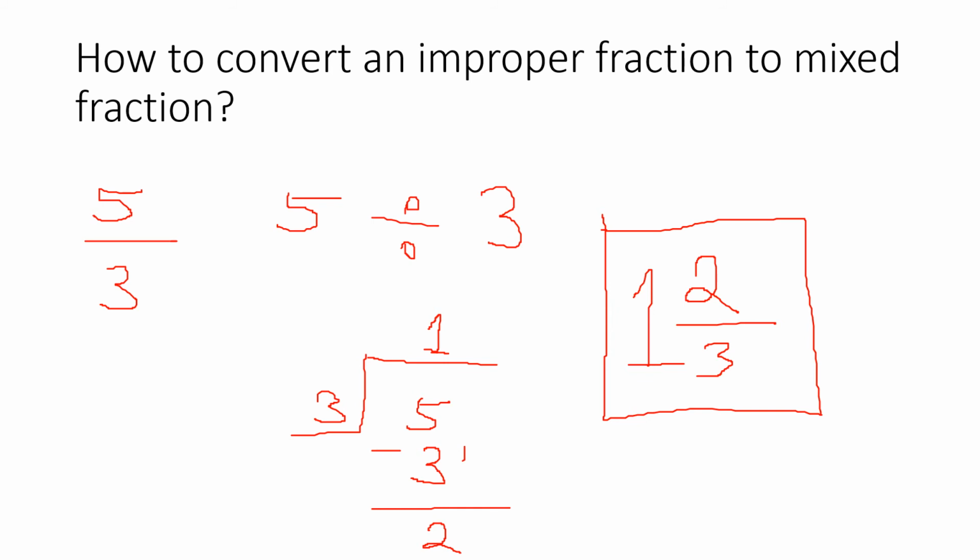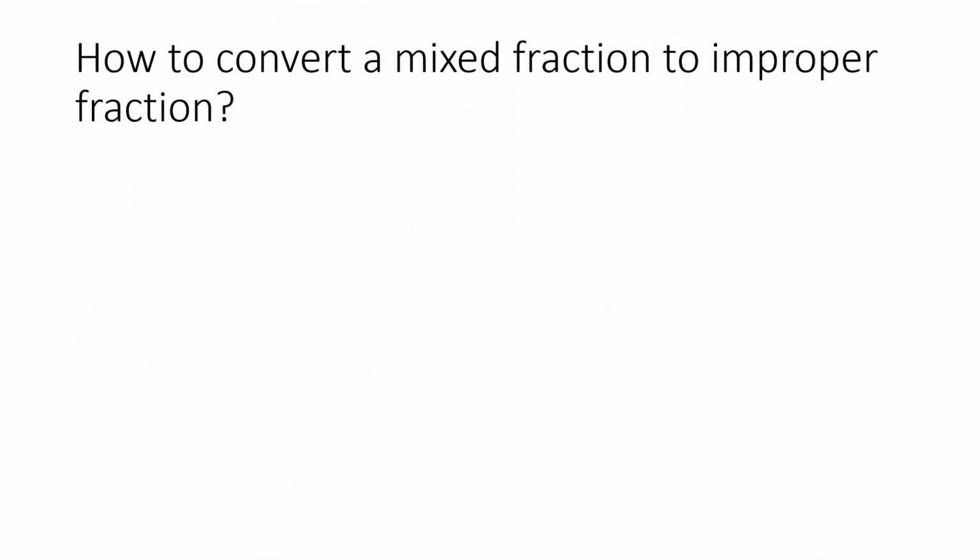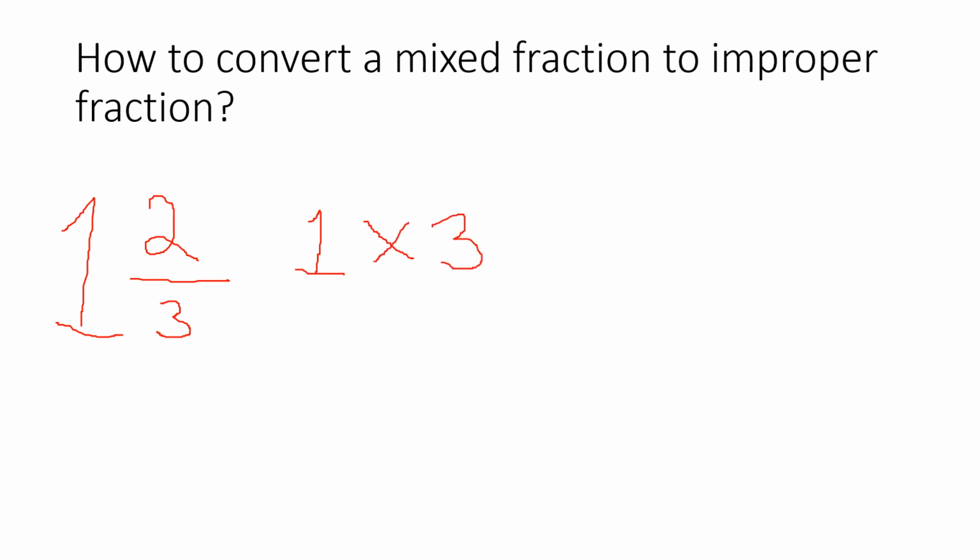Now let us see how to convert a mixed fraction into an improper fraction. We will take the same example, 1 2 by 3. So here we take the example 1 2 by 3 and let us convert it into an improper fraction. An easy way to do this is the whole number into the denominator. We do that first and then add the